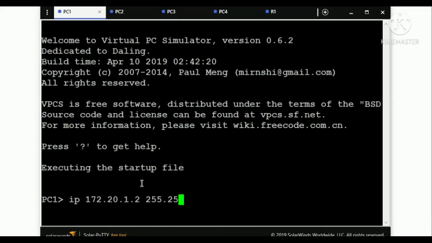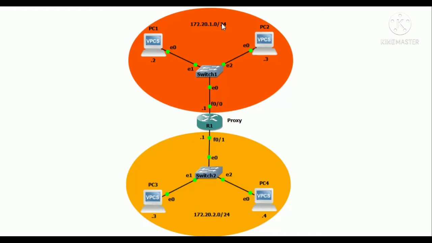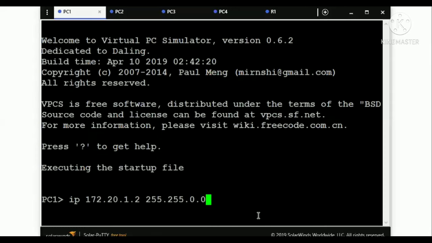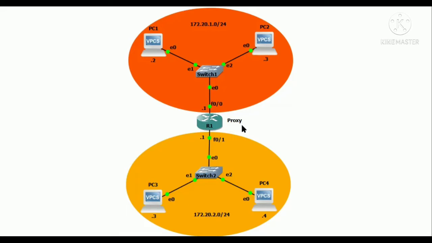Then the subnet mask. Here you can see /24, but I am configuring a different mask. Let me tell you the reason. This /24 is only for the router's interface FastEthernet 0/0, for this interface only.